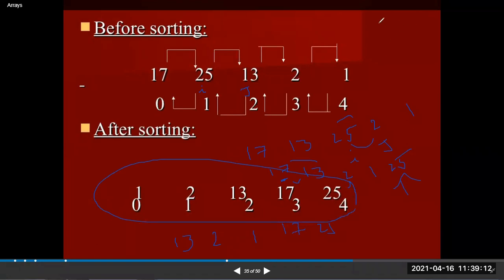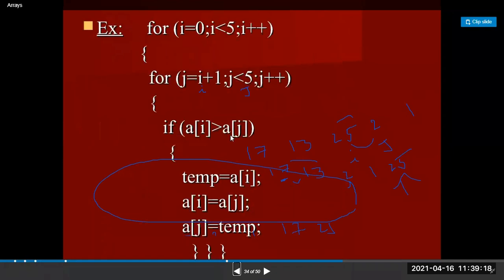Okay, so see, bubble sort is nothing but you have to check the condition here, a of I greater than a of j. If the condition is true, then swap the two elements, I value and j value. Otherwise, increment I by 1 and increment j by 1 until we reach the last element. Again, after that, once again, the I value will be incremented by 1, then check the condition.